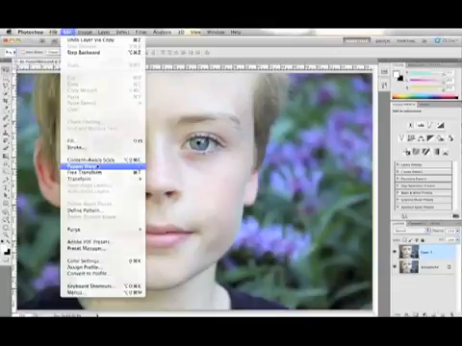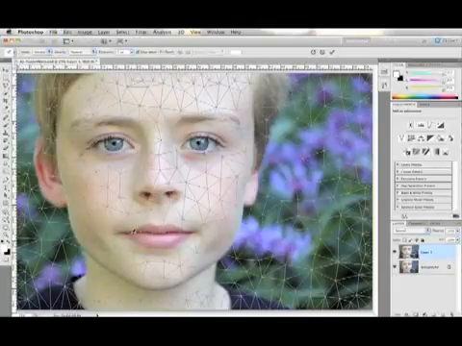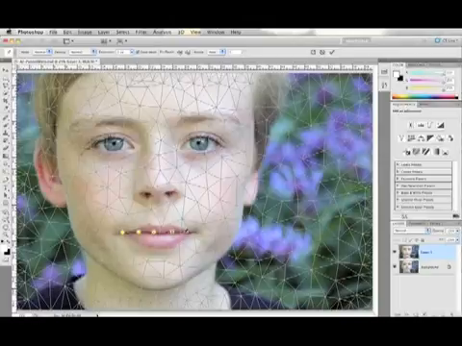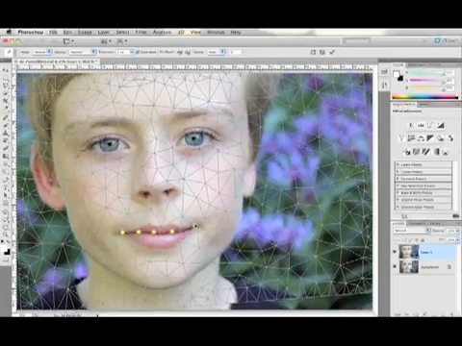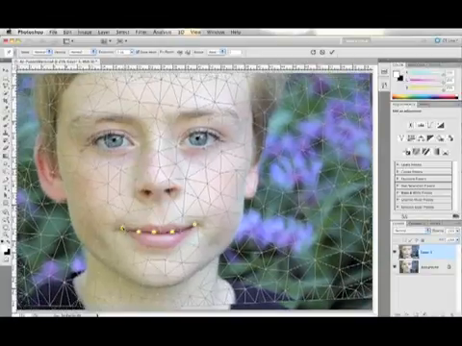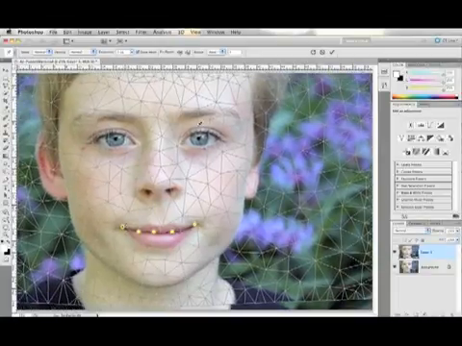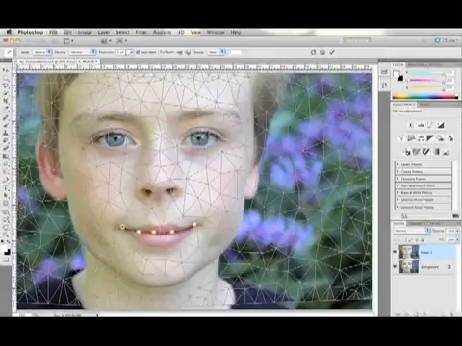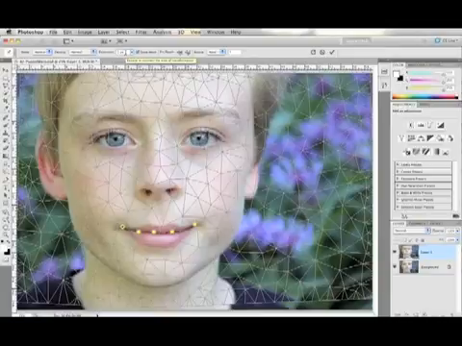and choose Edit, Puppet Warp. Now the issue we're going to run into here is when I place these pins, because this is on the entire layer, you'll notice it's moving the whole image, which is really distracting, and it's actually also warping his eyes a little bit, which I may or may not want. You'll notice I do have the expansion set to 2 pixels. That's going to give me a tighter effect and a tighter end result, which is good for this kind of